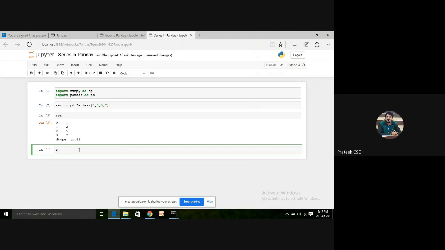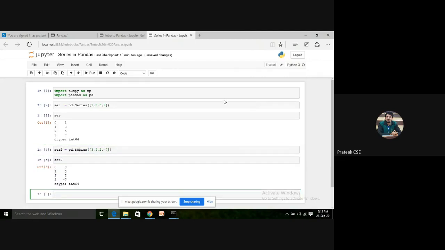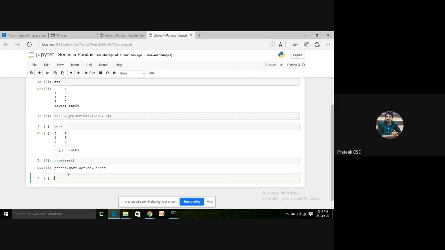Similarly, we can create another series using pd.Series, and I can create, suppose, 3 5 2 minus 7, and also print this. It's the ser2 variable, so this is another series, and again it has displayed the content along with the index. If I print the type of this ser2 variable, you can see it has displayed